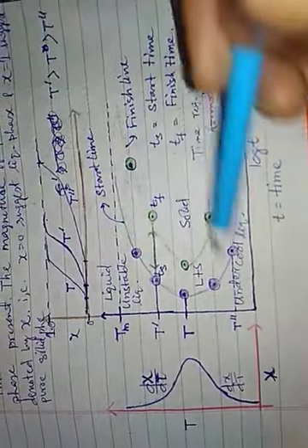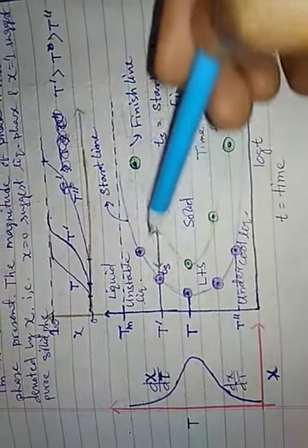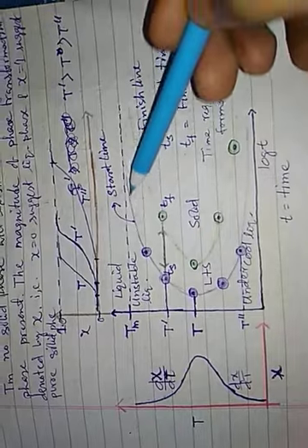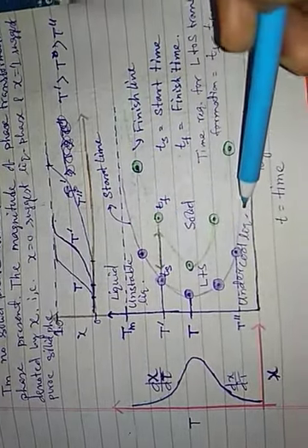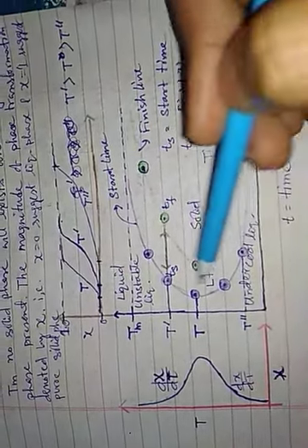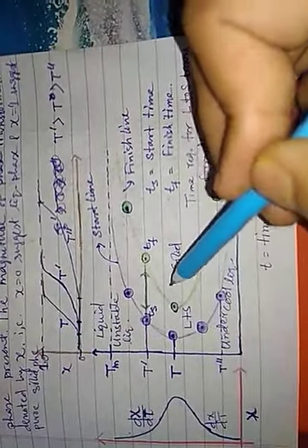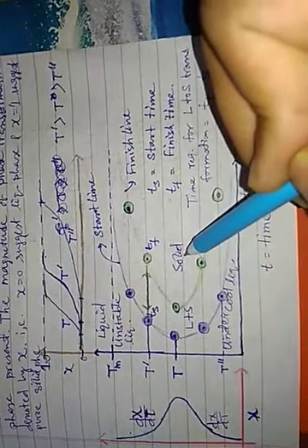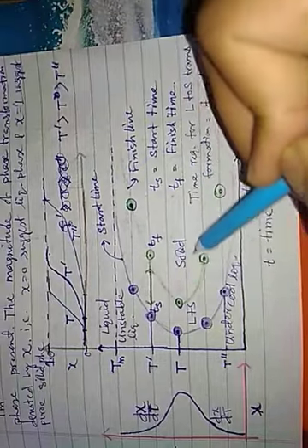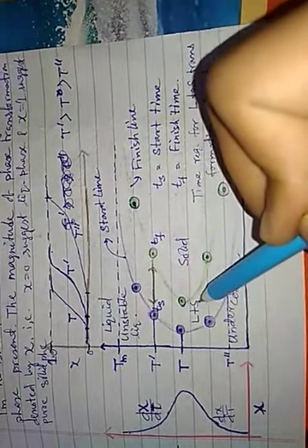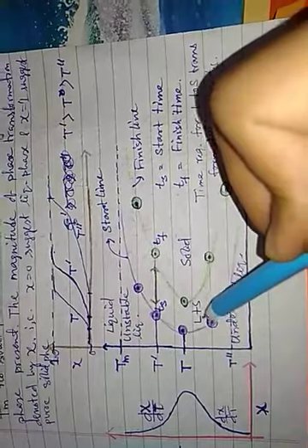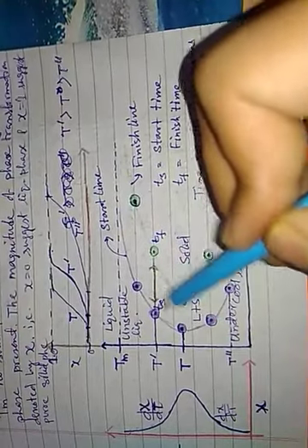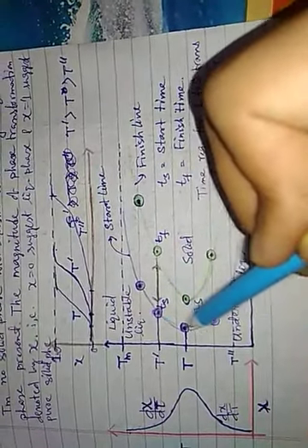Okay, now we are going to some characteristics of this plot. If you draw that, this violet line is the boundary for your liquid, and this green line is the boundary for your solid. So the right hand side of the green line will represent a pure solid phase, and the left hand side of the violet line will represent that a liquid phase exists.